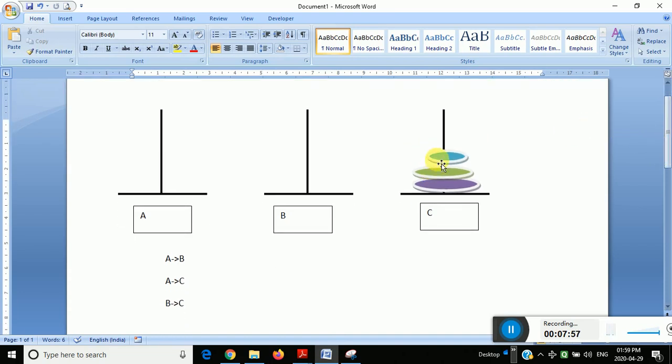If suppose there are 4 disks, then how do we have to do it? Only 3 rods you have to take. 4 disks does not mean you should take 4 rods. Understood? Only with 3 rods you have to do it. If they have given 2, 3, 4, 5 disks, then you have to specify how to move all of them. So this is how the Tower of Hanoi works.